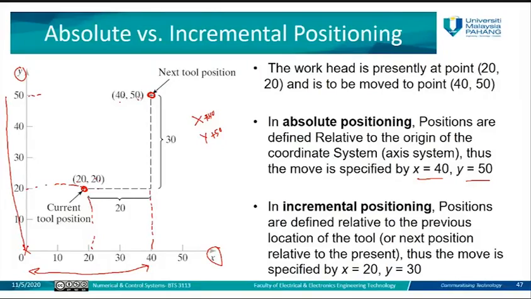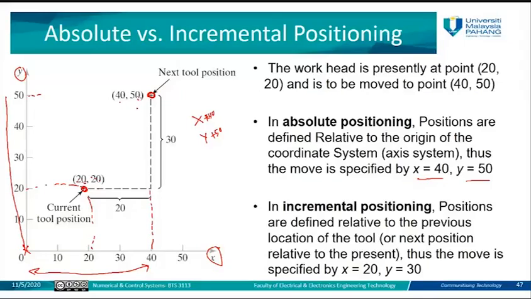Why? Because these coordinates will be measured with respect to the reference point, which is the first point. The first point is 20, 20 because our first reference point will be 0, 0, for example. It is 20, 20. Then the machine or the spindle has to move to the second point here. So what will be the coordinates, or how long should the machine move on the x-axis and